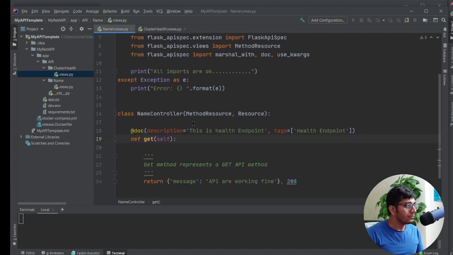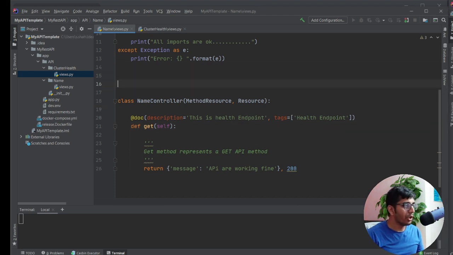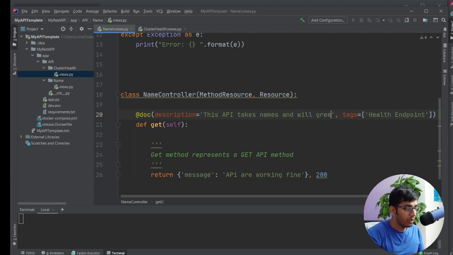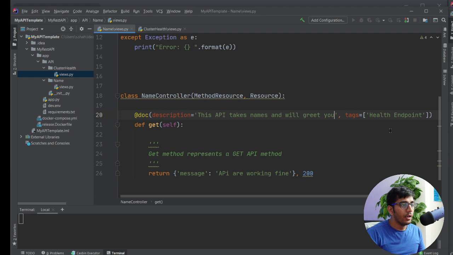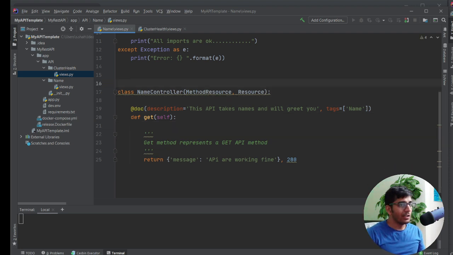So that's it, man. Now this API would take a JSON body, and I want to show you how you could try this out. I have some template boilerplate code, so let me first write some documentation. This API takes a name and will greet you. For tags we'll just provide a name controller, so we'll say name. This is pretty good. I really loved the Swagger UI thing, outstanding. Now in order to provide a body, you cannot use the default parser here, you'll have errors.